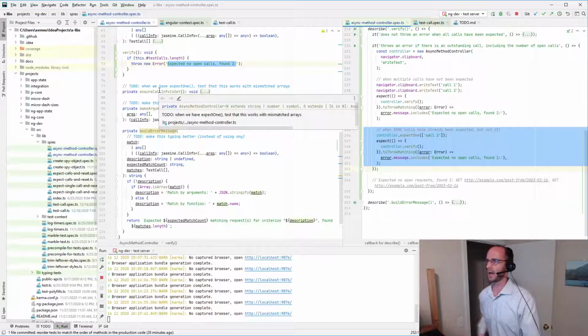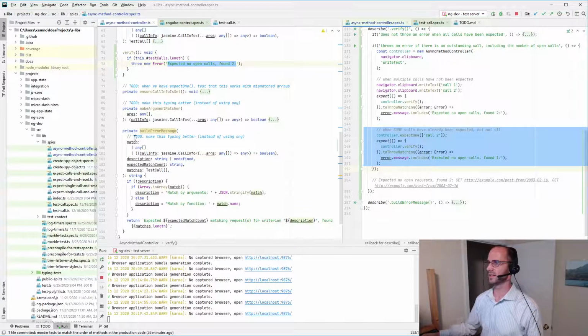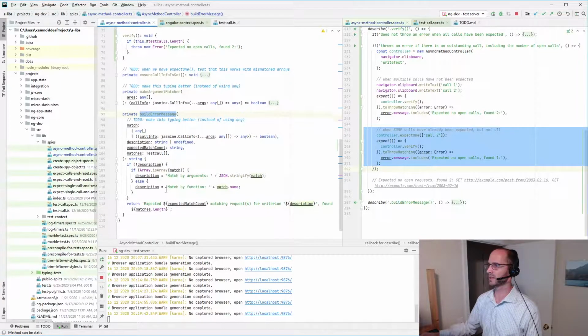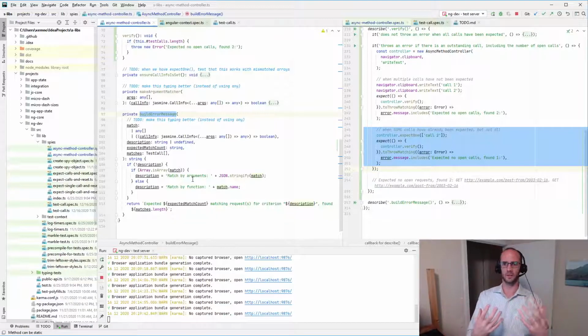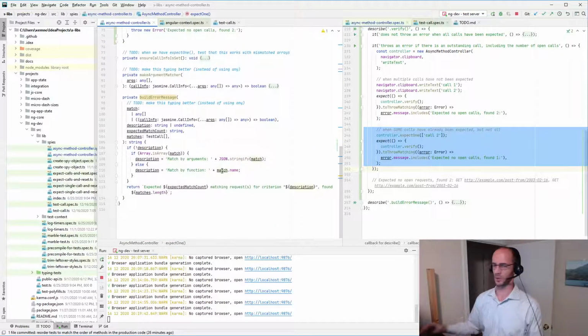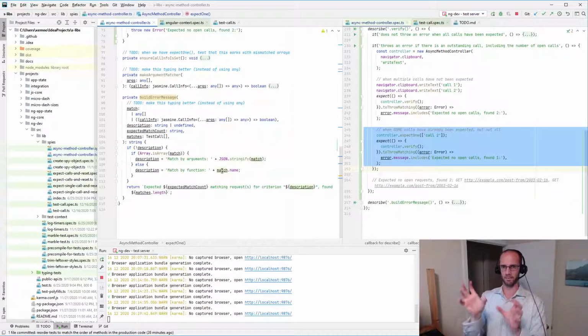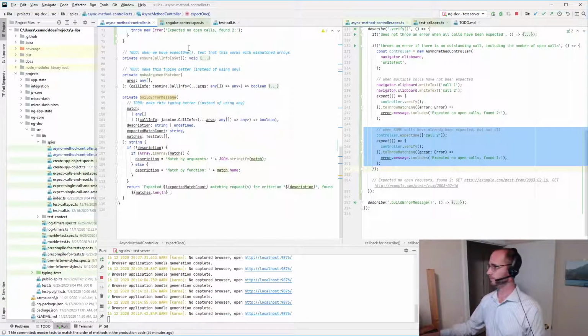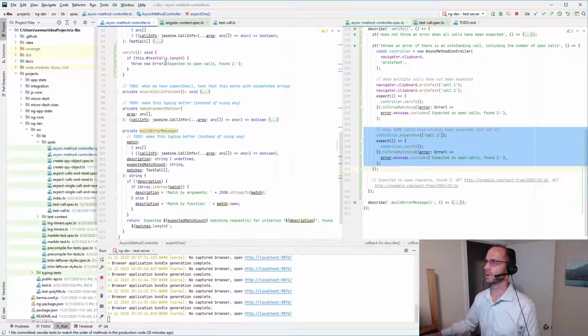Okay, so now I happen to know that what I want this to really do is delegate down to this build error message. There's a lot of things in common between all the different ways that we throw errors, either in verify or expect one. They're sort of structured the same with some placeholders substituted in depending on the situation. I've just observed that from looking at the error messages themselves, so I feel like that's going to be the right